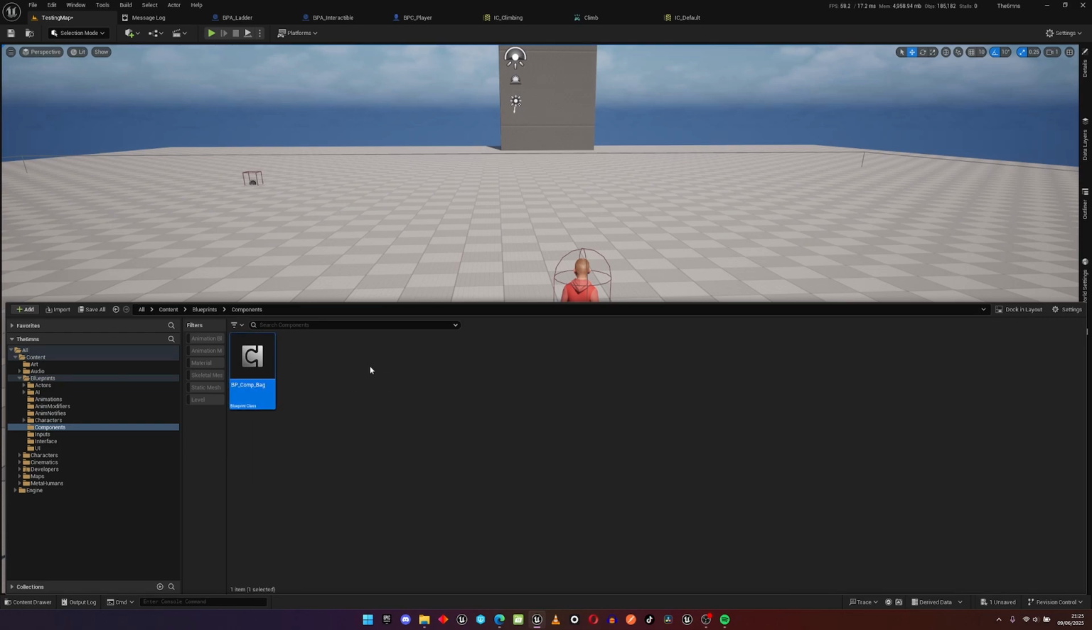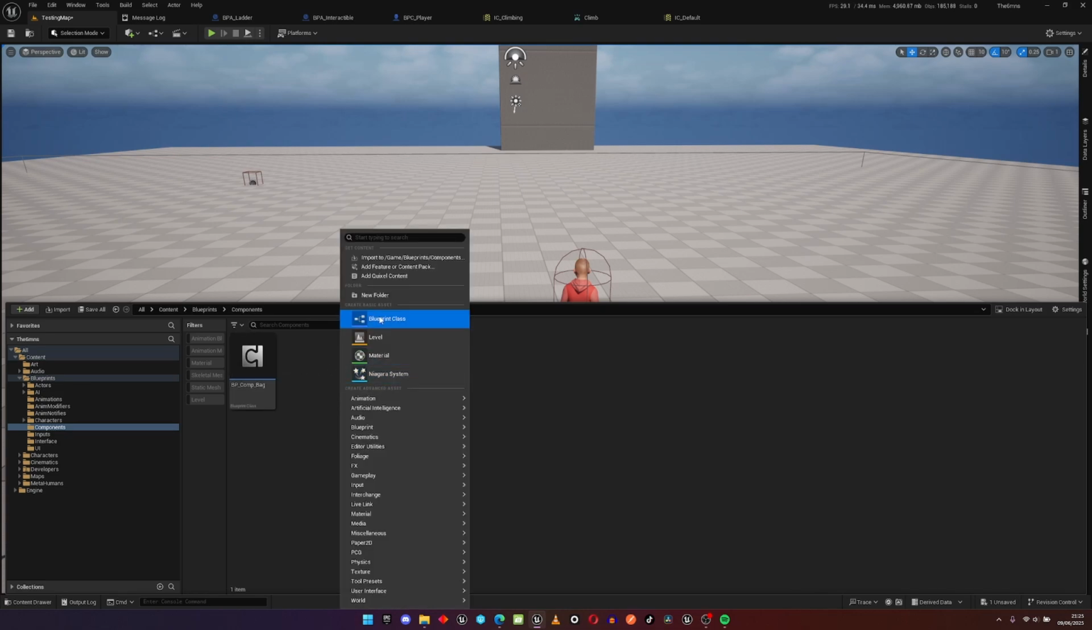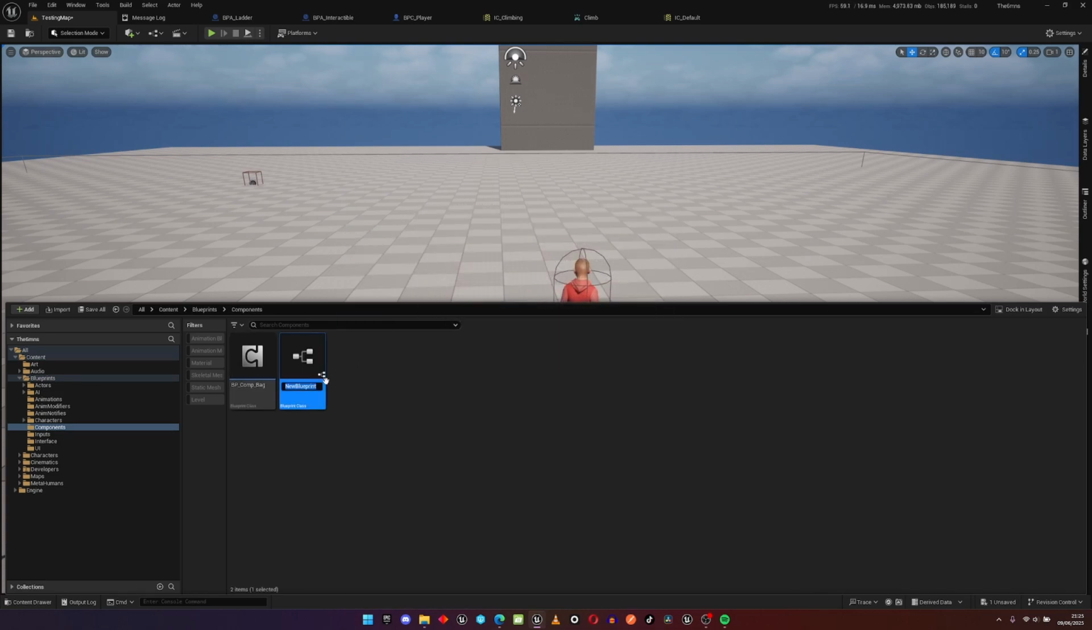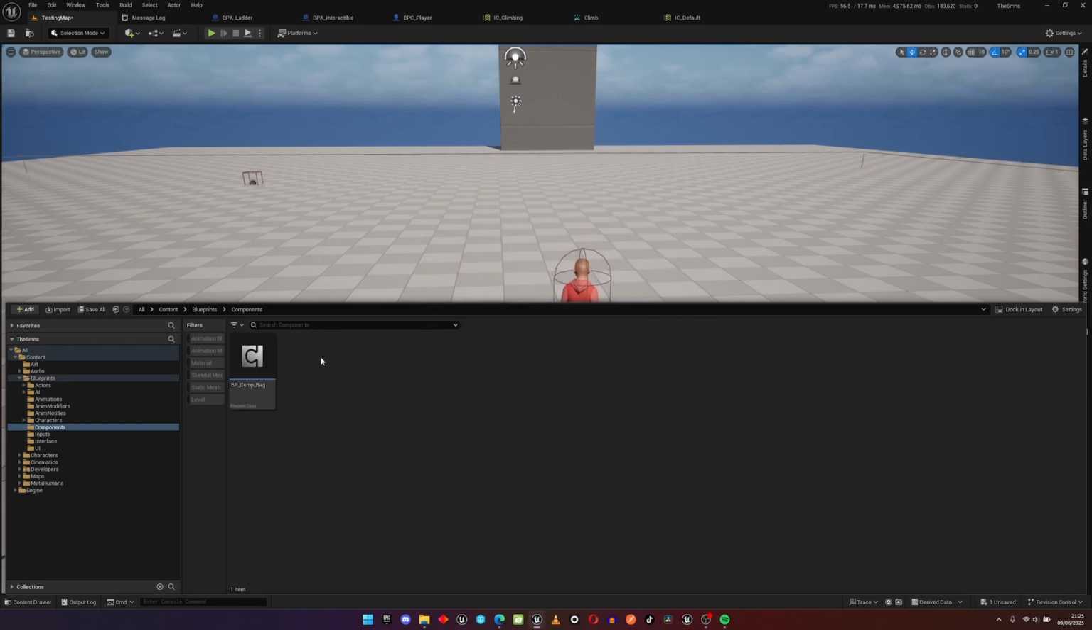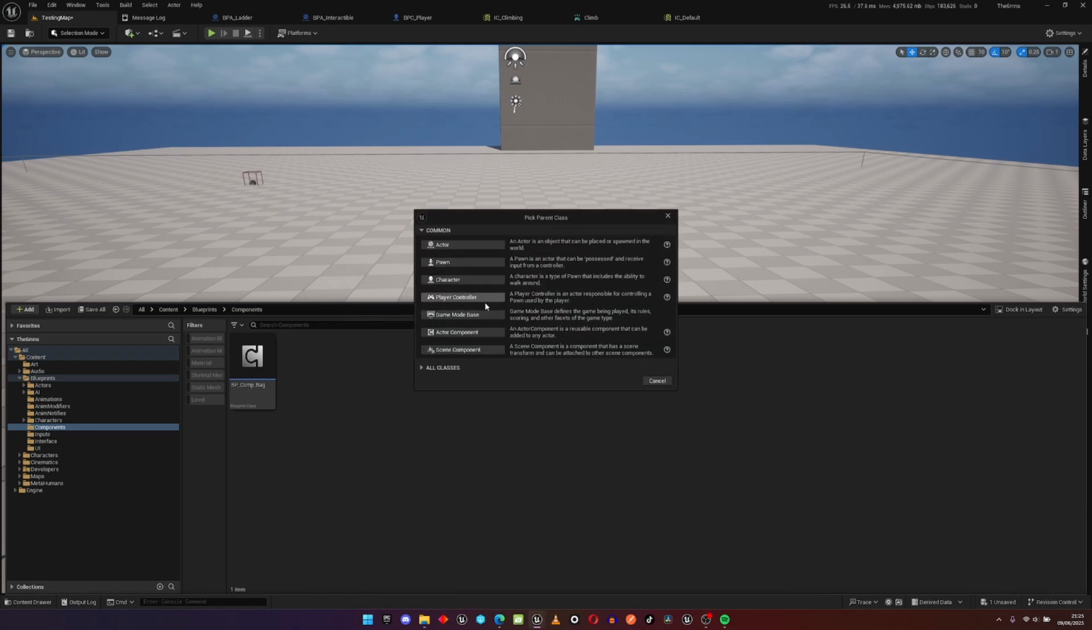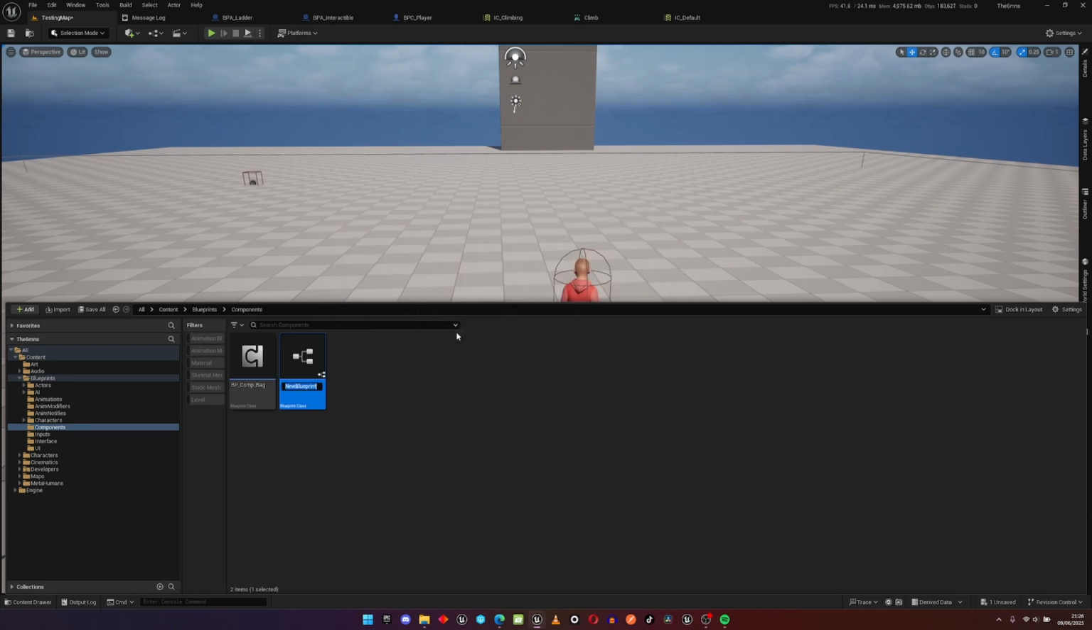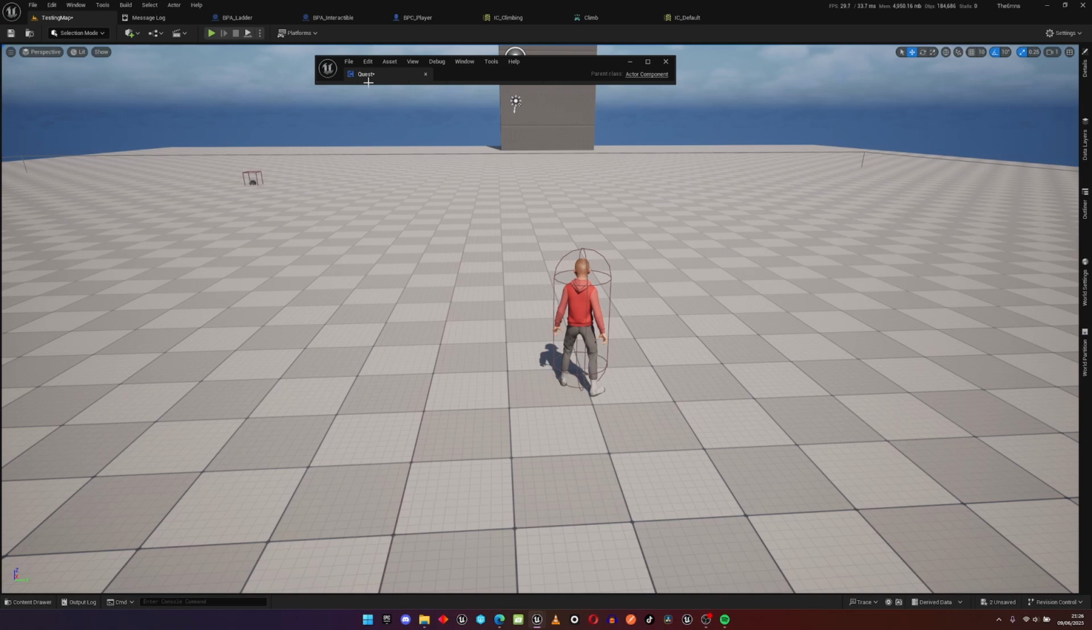So to create a component, right click, go to blueprint class, actor, not actor. Let me delete that. Just for now, I'll go to blueprint class and I'll do actor component and I'll name it quest. And I'll open it up,